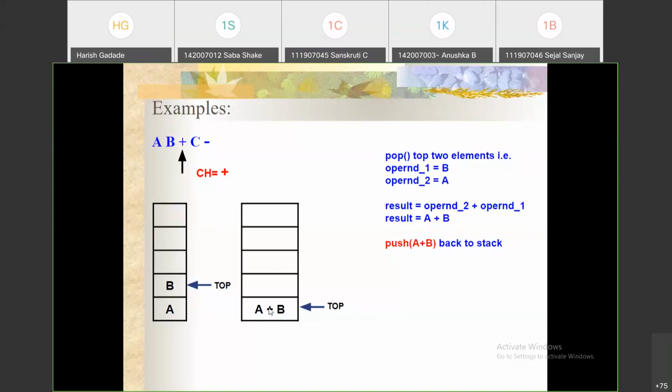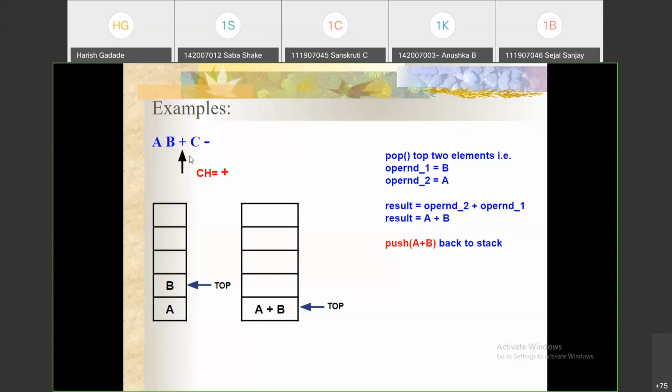Now you can see here, A plus B, push that A plus B back to the stack. So whatever the top element is, that top element is A plus B. Here A is a single element, B is a single element. Now whatever we are seeing here, A plus B, we consider as a single element, not three elements, because A plus B is a single element and we pushed it back to the stack, right?